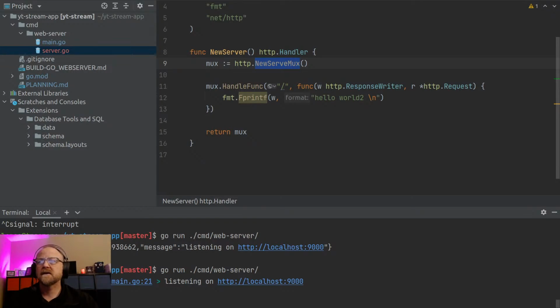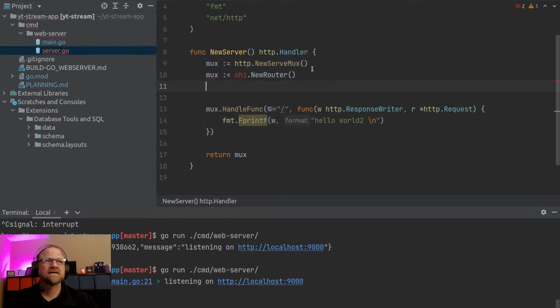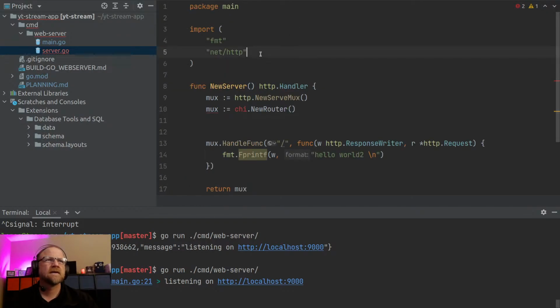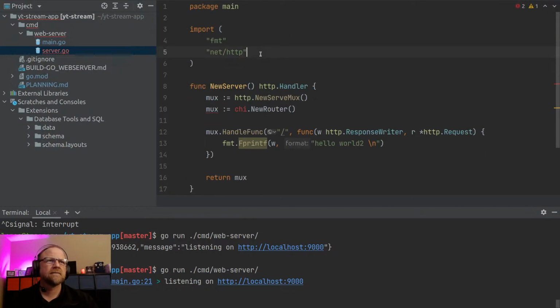So instead of this Muxer, we're going to use this Muxer, the Chi Muxer. Checking the website. Looks like they got several versions. We're going to go ahead and bring in